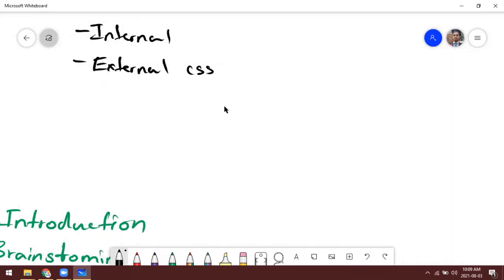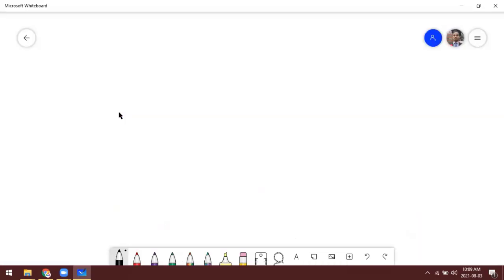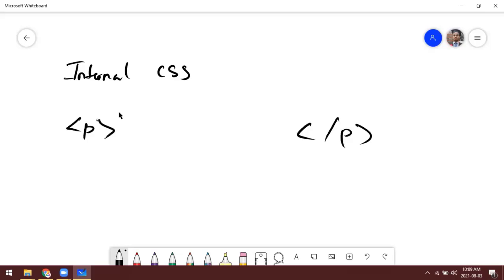So first one, inline CSS. Within the tag itself, for example, if it is a paragraph tag, if we want to use CSS, what we would do is we will just extend this.